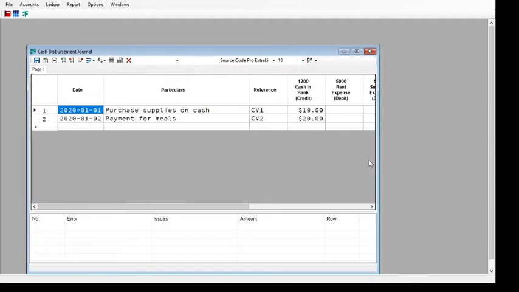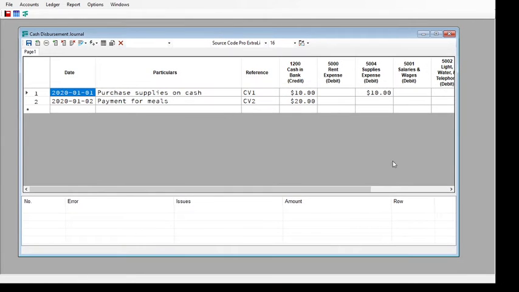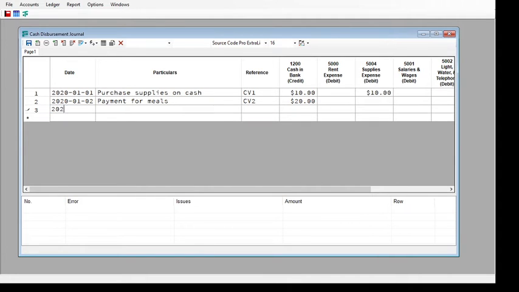The cash disbursement journal shows I have two existing entries. I will add another entry. First, to record the payment of my rental. Under the particulars, I'm going to provide a short and concise explanation or description of the transaction. I will provide the reference,